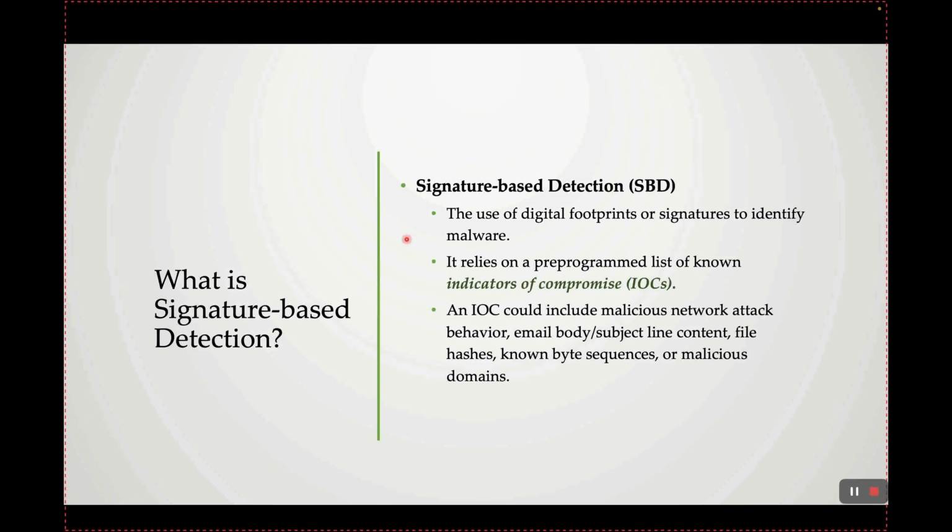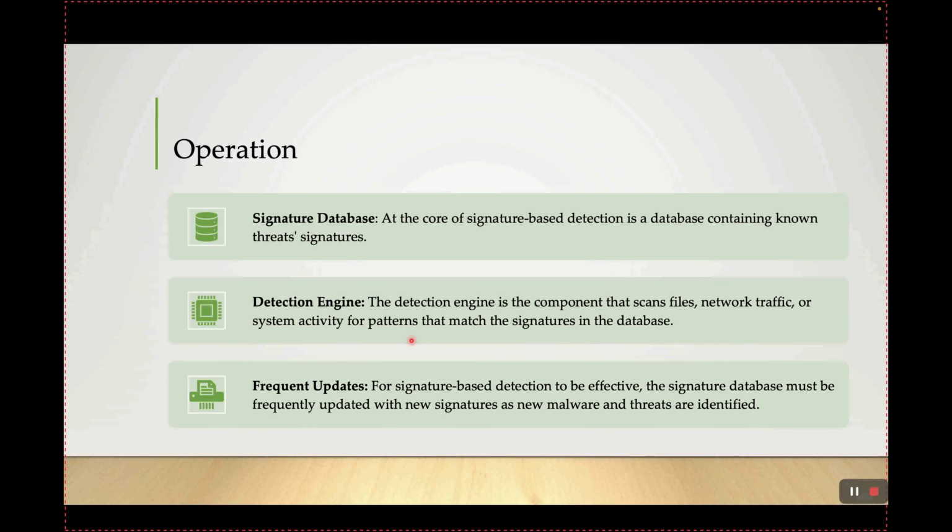Now, signature-based detection is the use of digital fingerprints or signatures to identify malware. It relies on something called indicators of compromise, which is basically a pre-programmed list of known threats. Now, an IOC can include malicious network behavior, email body, subject line, content, file hashes, known byte sequences, or malicious domains. Now, this type of detection involves your antivirus having, for example, a predefined repository of static signatures that